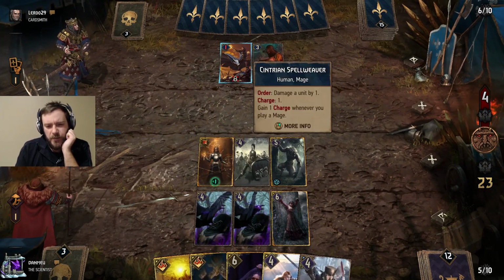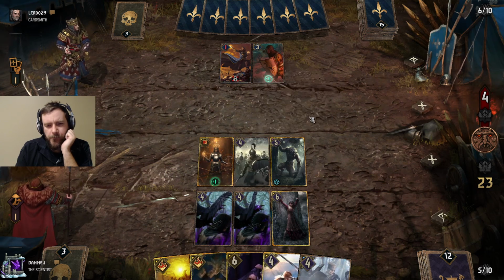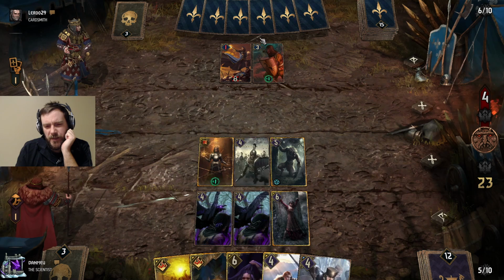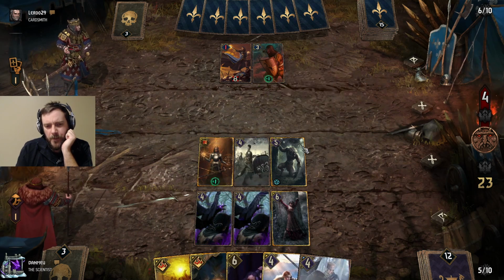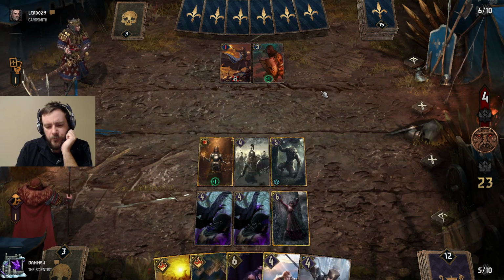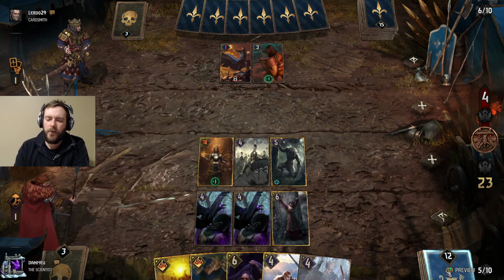So if he kills this, he'll spawn another one. And if he doesn't play anything, I could just play Delirium and kill both of them. I'd prefer not to use Delirium. I'd rather get my Crow Mother out, but...